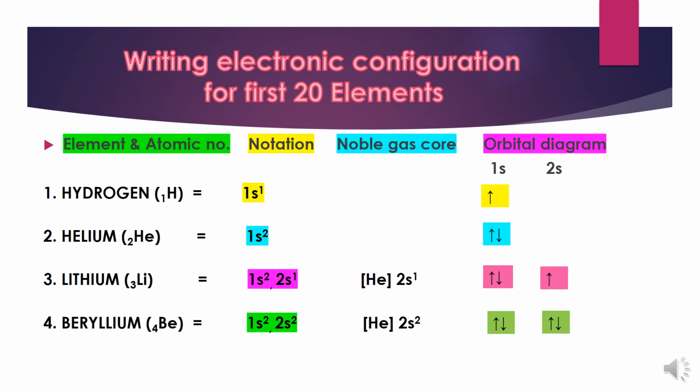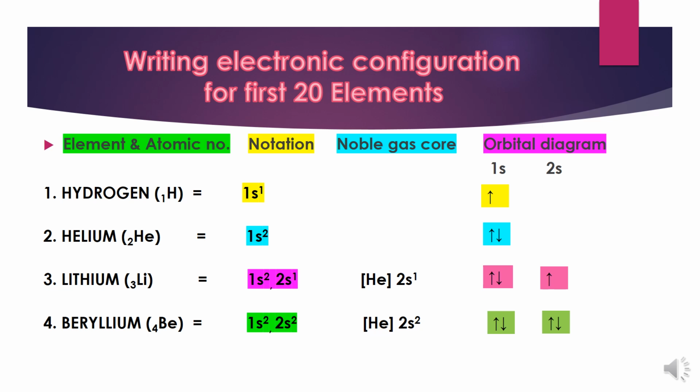Now, when a noble gas arrives, after that, if we need to write the abbreviated form, अगर short form represent करना है अपने electronic configuration को, तो this is known as noble gas core. कोर का मतलब होता है इनर फील्ड इलेक्ट्रॉन. अगर एक शेल कंप्लीटली फिल हो गई है जहां पर, तो उस इनर कोर के इलेक्ट्रॉन्स को हम पूरी इलेक्ट्रॉनिक कॉन्फ़िगरेशन ना लिख के उसको एक शॉर्ट फॉर्म उस पर्टिकुलर नोबल गैस जहां वो नोबल गैस आई है उसको रिप्रेजेंट कर सकते हैं बाय पुटिंग इट इन स्क्वायर ब्रैकेट.